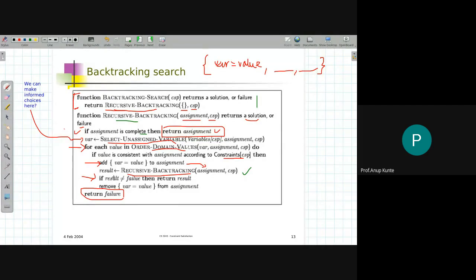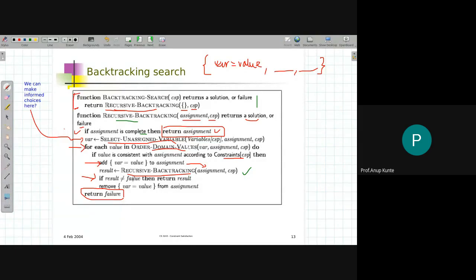If the result that we are receiving from the current call to recursive backtracking is not equal to failure, then what do we do? It means my result is an assignment, so I return this assignment to the calling function. So we are unwinding the recursion in this step.